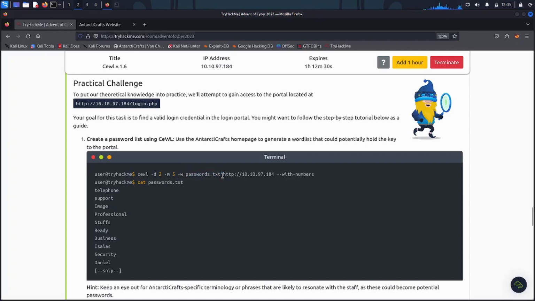-w passwords.txt says that I want you to output these results in a file called passwords.txt, and the target is going to be our website, which is the machine. Basically, I have this address. When you start your machine, you're going to see a different address probably. So if we go on this URL over here, if we open it in a new tab, open link in a new tab,